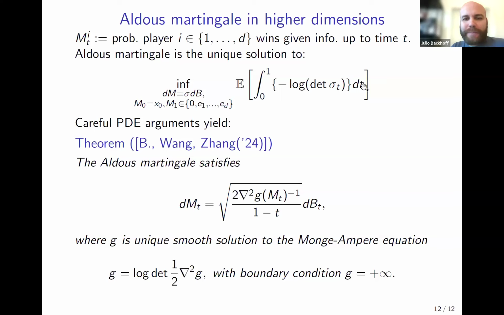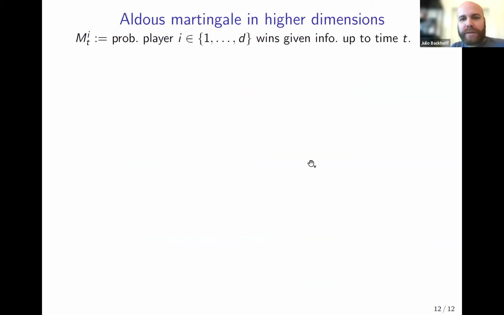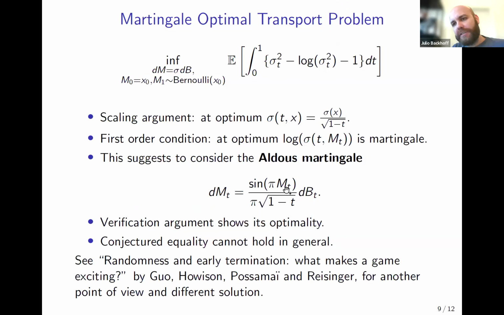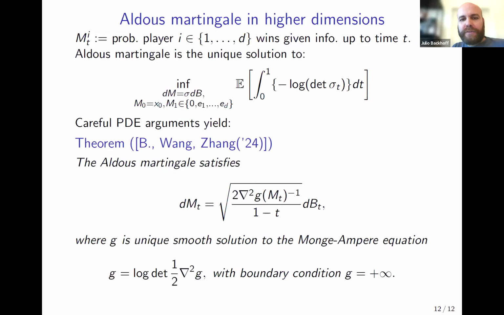And yes, so you see that for the Aldous martingale, we can explicitly tell you what is its volatility coefficient. And for the multivariate version of the Aldous martingale, we have a similar expression, but it's in terms of this function g. Now, this function g is not known explicitly, unlike the one-dimensional case, but it's a unique smooth solution to some